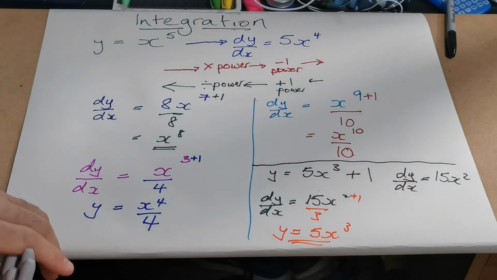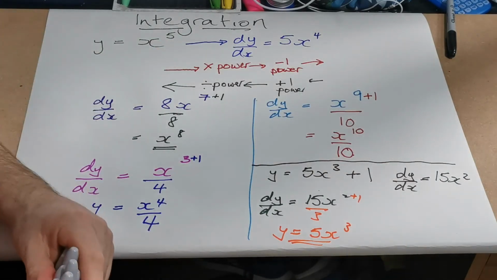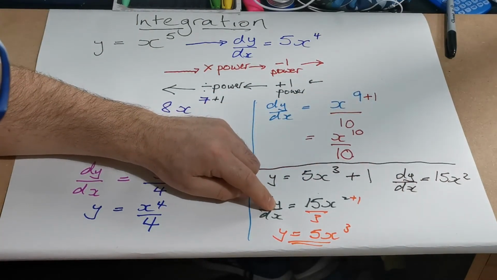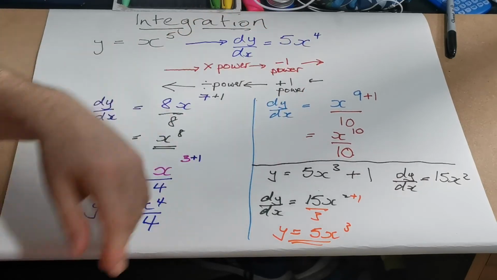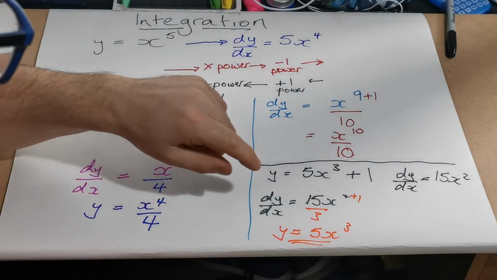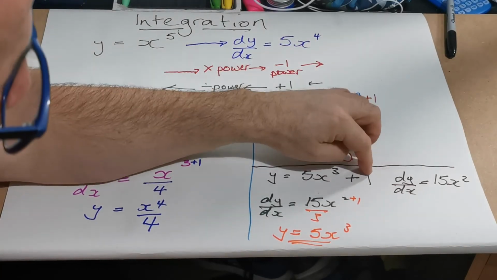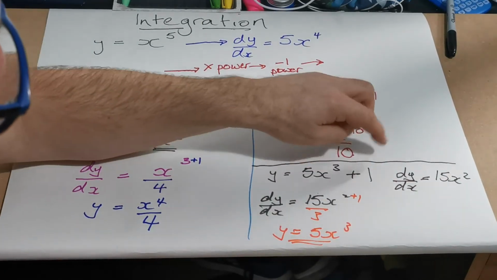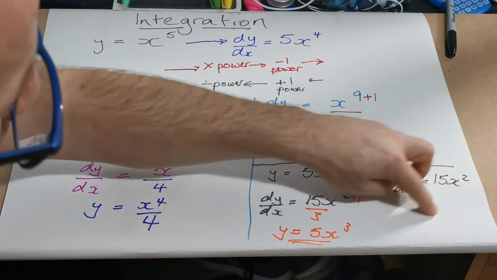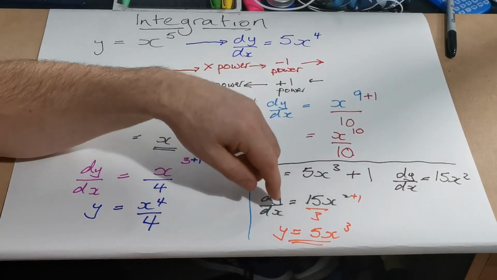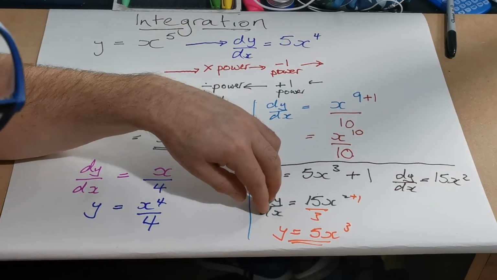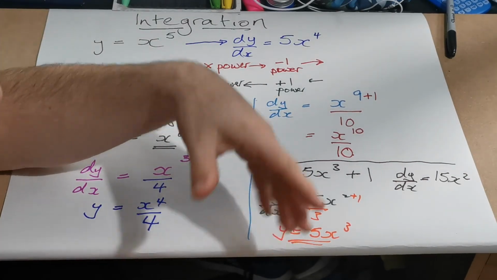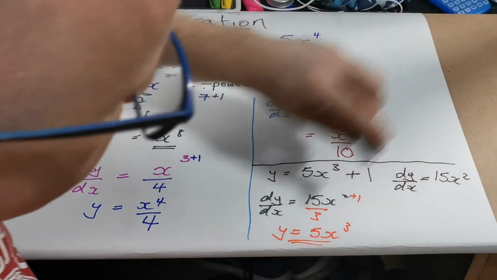So the 1's disappeared. So if I differentiate, the 1 disappears, but when I integrate, we've got no means of putting that back in again. And it's the same regardless of what that number is. If that number was 3, we would differentiate to get that. Coming back, it wouldn't be put back in again. If it was 20, differentiating would make it disappear. You've got no means to put it back in again. So if we started with dy by dx equals this, we're never going to account for this number that could be added on the end. So what we do is we say